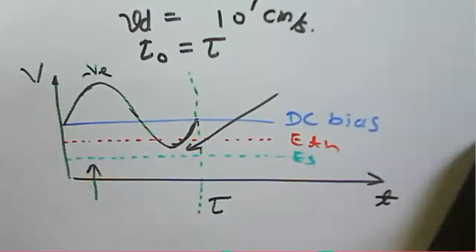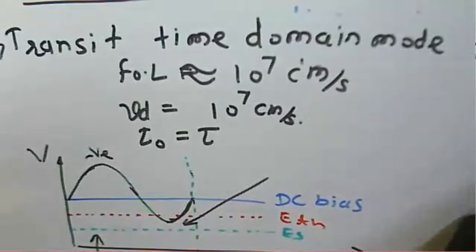Welcome to the microwave communication course. We continue here the discussion about the various Gunn oscillation modes. This one is about the transit time